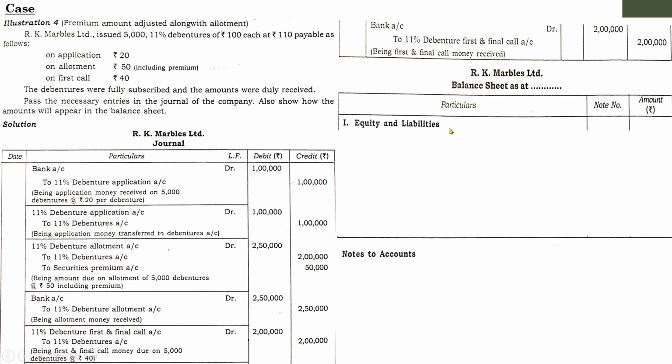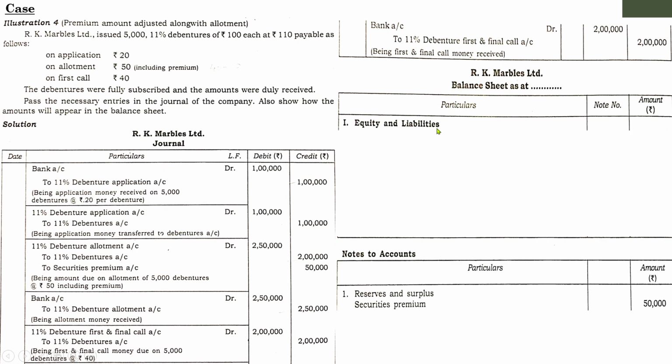For example, first one, equity and liability. It begins with liabilities items. So equity and liability, there are items. First one is shareholders funds. Since we are dealing with debentures, you need not worry about shareholders fund. So under shareholders fund, another item is reserves and surplus. Here you will show one item, that is security premium. So here instead of showing security premium, we can show it in the working notes, that is notes to account. Reserves and surplus consist of security premium.